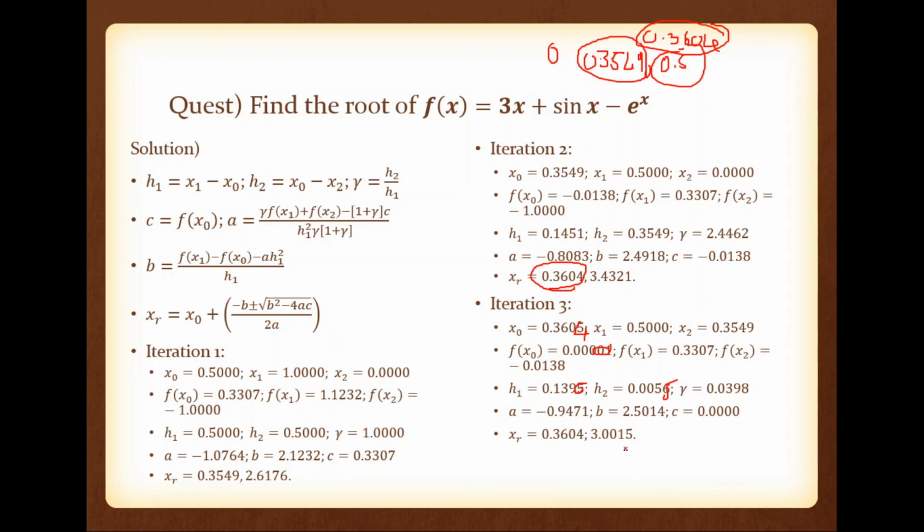Okay. So here you can see an interesting thing. This value is very close to x0. Actually, it is not very close, it is exactly equal to x0. If one XR is exactly equal to x0, you can stop. So that is the condition I used. We have two XR values. If one XR is very close to x0, we have to continue the iteration. So here one XR is exactly equal to x0, so we can stop there. So 0.3604 is the numerical root of this equation.